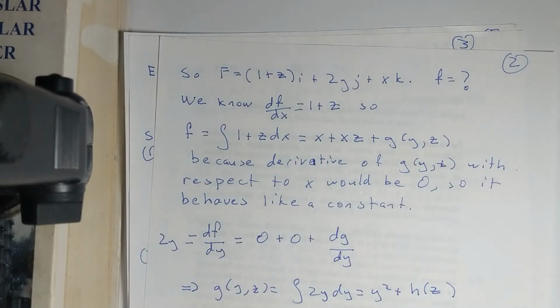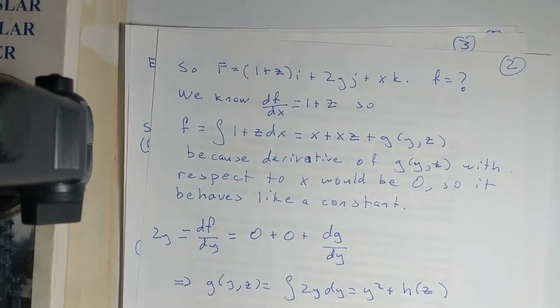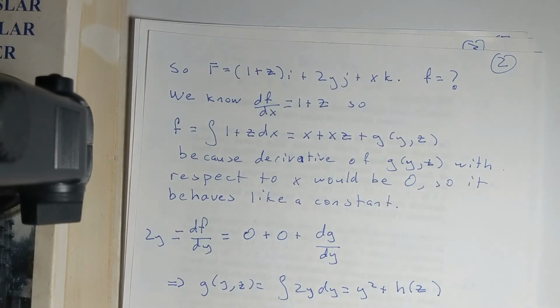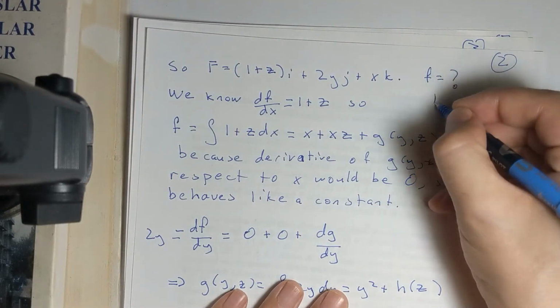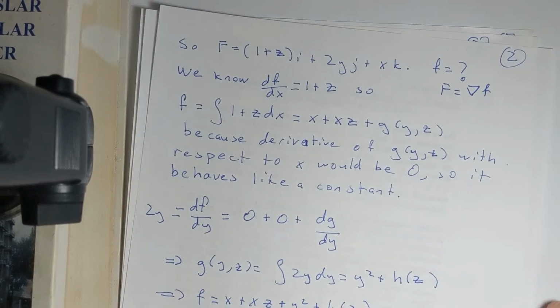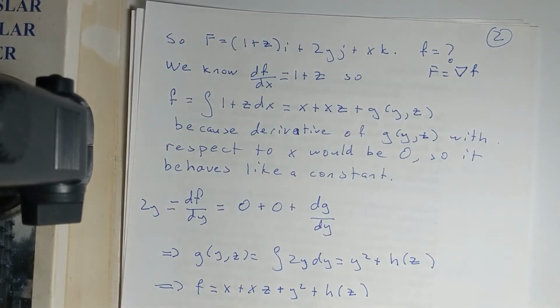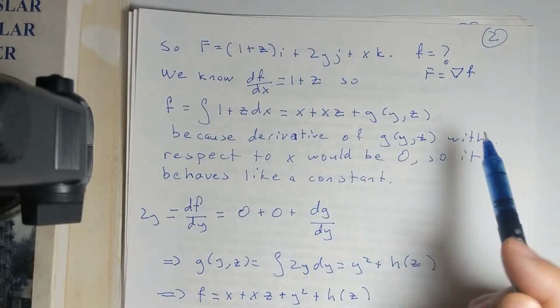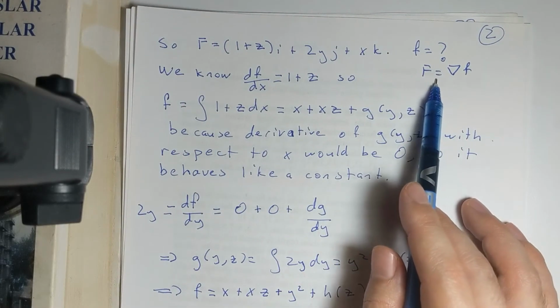So we're going to again take the same function, F equals 1 plus zi plus 2yj plus xk. And we're going to ask ourselves, what is this small f? In other words, when is F equal to gradient of small f? I know F is conservative, so there is such a potential function, but which one is it? So what we know is, since I know that there is a function such that F is equal to the